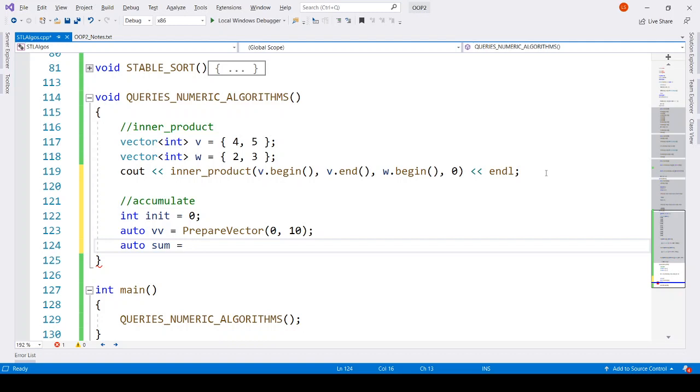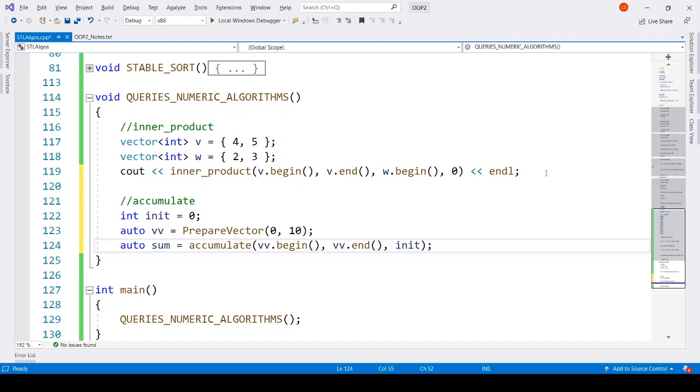So let's call accumulate from VV's begin to VV's end, and it takes an init value. It can add the initial value that you provide and then sum the next elements in the collection.